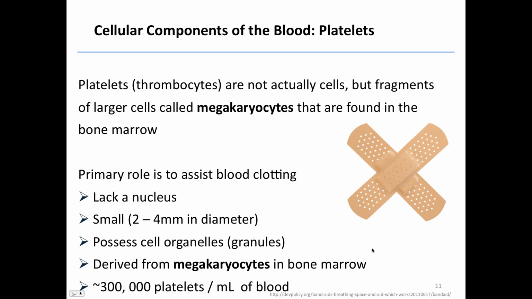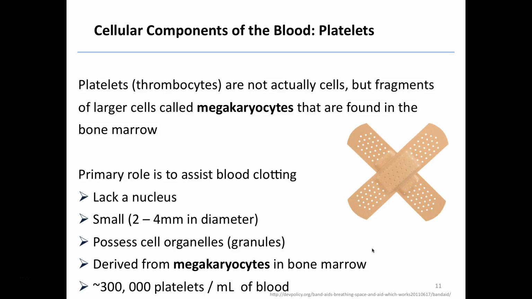The last formed element in the blood that I'll discuss are the platelets. The platelets are also called thrombocytes, and they're probably more like cell fragments that contain bags of protein that help your blood to clot. So they're actually fragments of larger cells called the megakaryocytes that are found in the bone marrow. So they're pieces that are broken away and contain protein, and they are the part that's involved in the blood clotting. The primary role is to assist with blood clotting, but some of the other key features about platelets